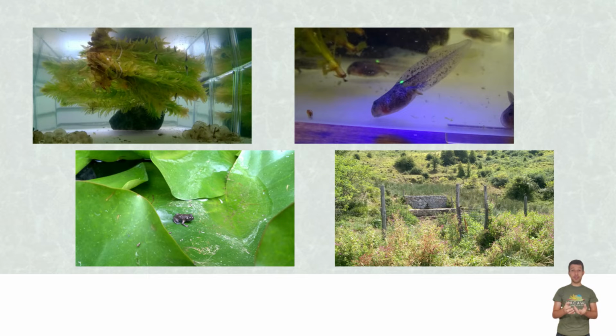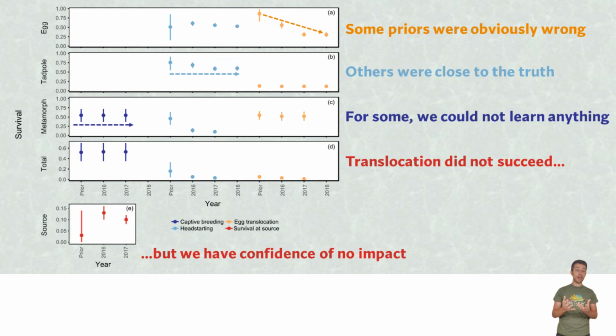Now we implemented the suggestions of the simulation by captive breeding or harvesting animals, marking them for release, actually releasing them at the destination site, and then monitoring the outcomes. And this is what happened. For some parameters, we found out that the priors were actually not great. So our initial guesses were not perfect, but as the simulation suggested, with monitoring we were able to narrow our